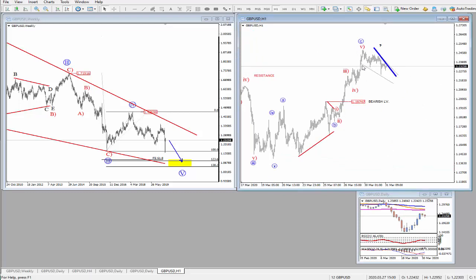Maybe this could be a result of a leading diagonal for a first wave and then more weakness, but again, the most important would be this overlap. Okay, because if you count this as a wave 1, you have a wave 2, wave 3, and you're now maybe in a wave 4. Well, in such a case you must not get this overlap. If this happens, then you know that bears are still alive.